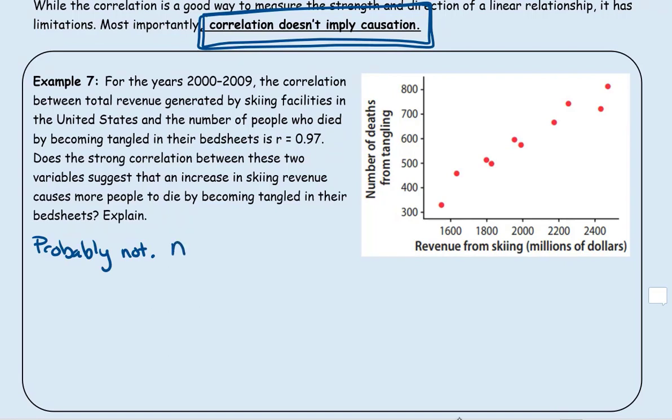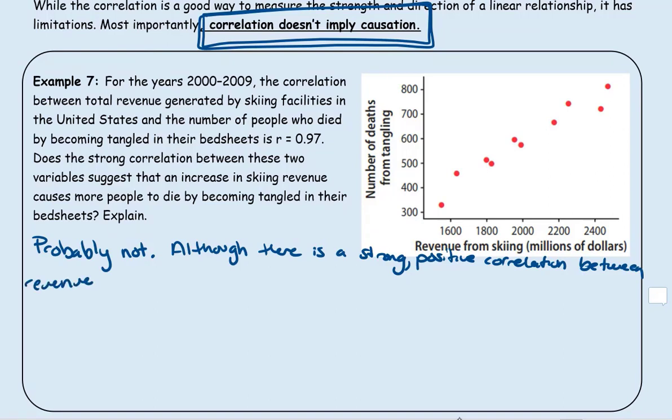So we can say that although there is a strong positive correlation between the two variables, between revenue from skiing and the number of deaths from tangling,